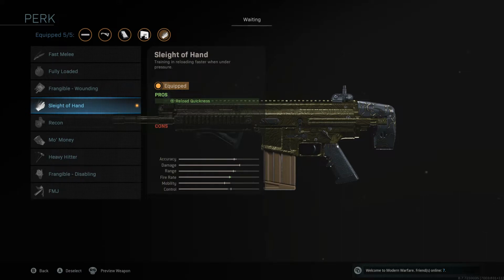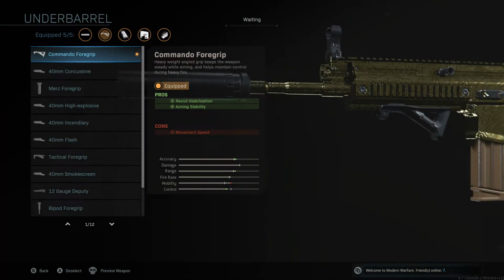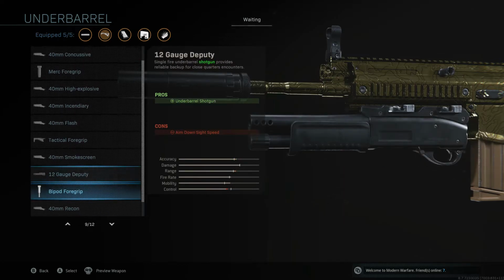Like I said, I think it's more important to be able to reload faster rather than have a larger clip, because the clips aren't even really that large, first of all, in the SCAR, and then second of all, it really lowers your ADS speed when you have a larger clip in. And then the Commando foregrip, I think, is the best underbarrel attachment, because not only does it give you recoil stabilization and aiming stability, but it doesn't take away your ADS speed like all of these other ones really do,